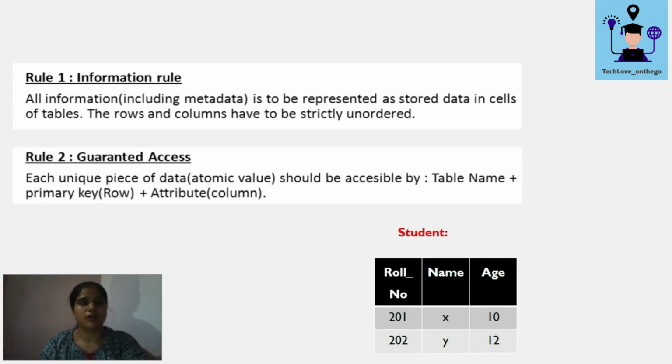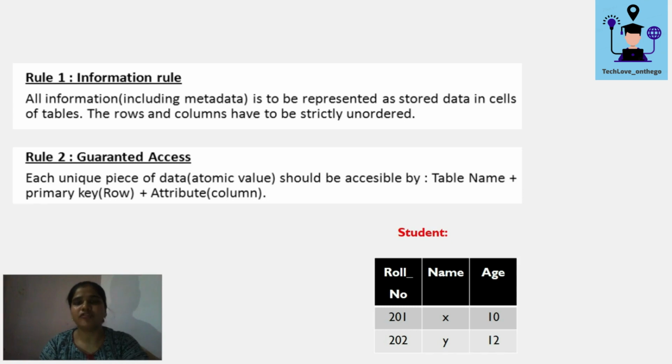The second rule is the guaranteed access rule. It says each unique piece of data, an atomic value, should be there. That particular value should not be divisible. Those types of values are known as atomic values. That should be accessible by